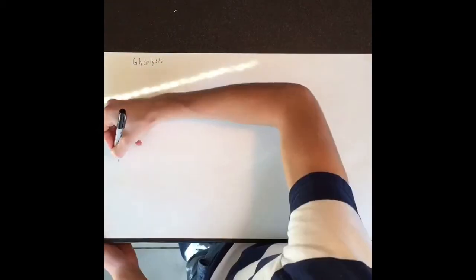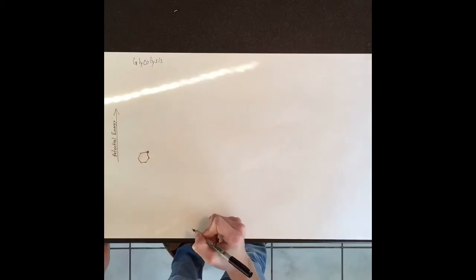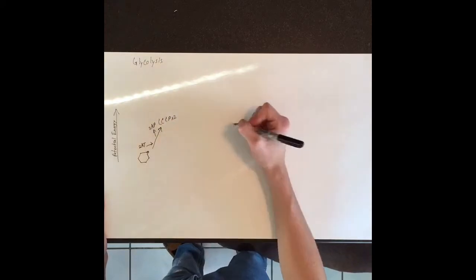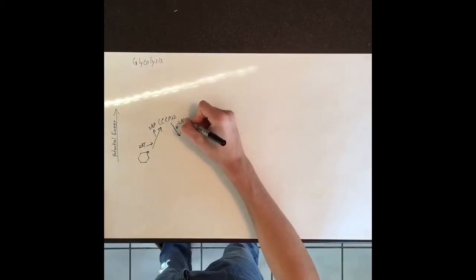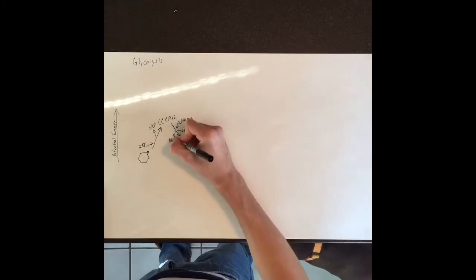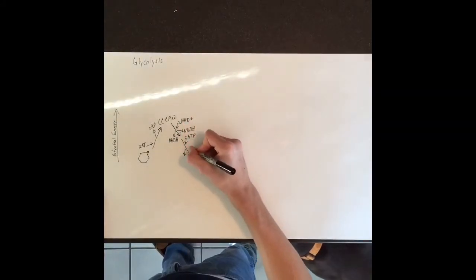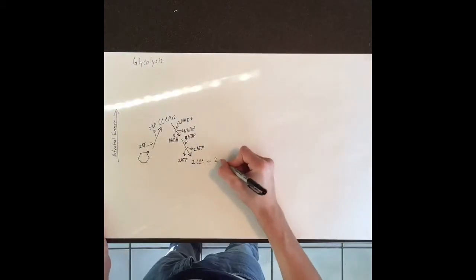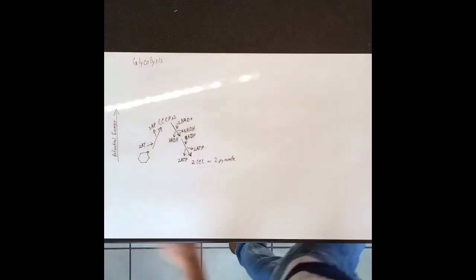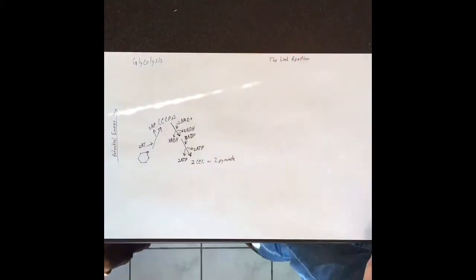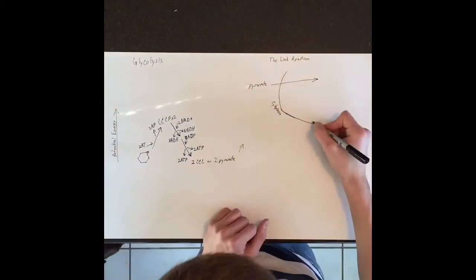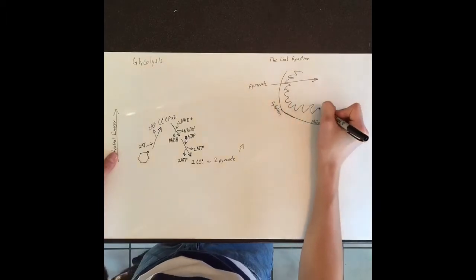Glycolysis. Glucose gains 2 ATP and loses 2 ADP and is converted into 2 PGAL, or pyruvate phosphate group. It then gains 2 NAD+ and loses 2 NADH. 4 ADPs are added and 4 ATPs are released. This equals 2 pyruvate. In the link reaction, pyruvate goes into the mitochondrion and into the inner membrane of the